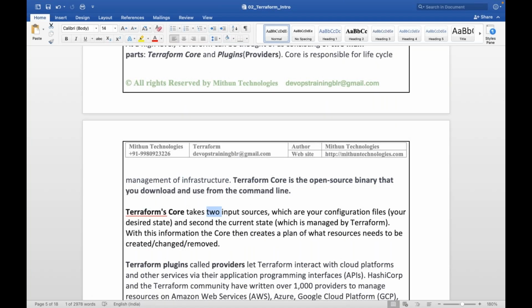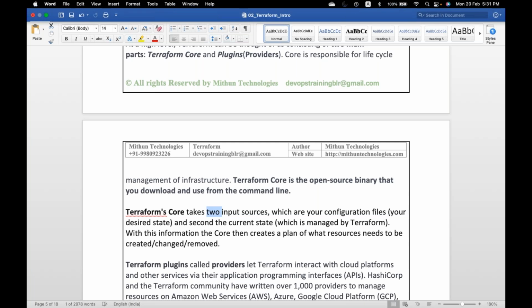Terraform core will take two input sources. Which are your Terraform configurations, that is your code, your Terraform script, that is your desired state. You are going to define your desired state of the resources in the form of Terraform configuration files.